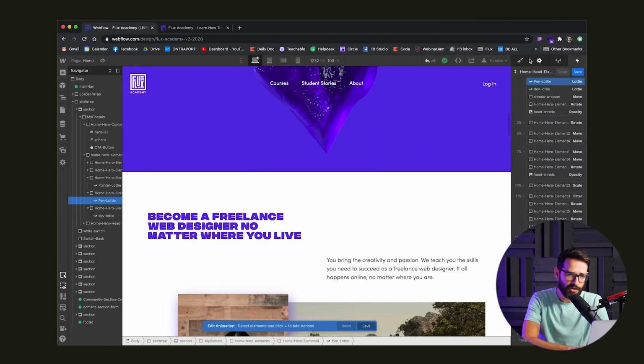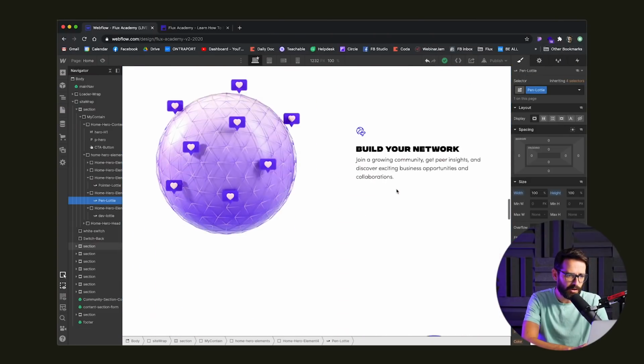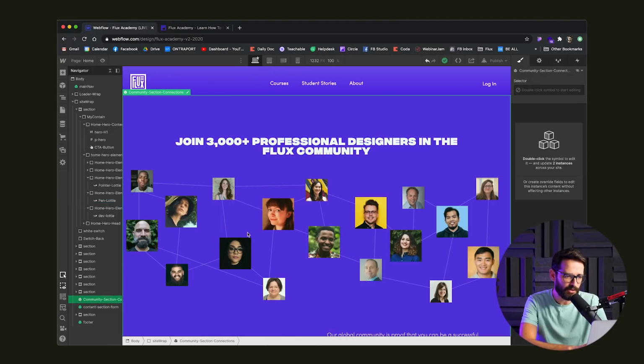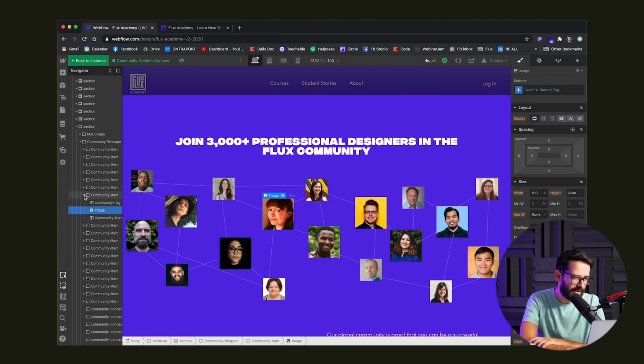Let's dive into the other interaction that I wanted to cover, which is this community hero here, and that's a symbol, as you can see, because it's being used in multiple pages throughout the website. Now, originally we were thinking about creating this using some kind of JavaScript, I think it's called D3 or something like that, that creates graphs that you can interact with. We thought about this, it became too complicated, so at the end of the day, we just created it with plain native Webflow, and it took just 1-2 hours of work to actually do this.